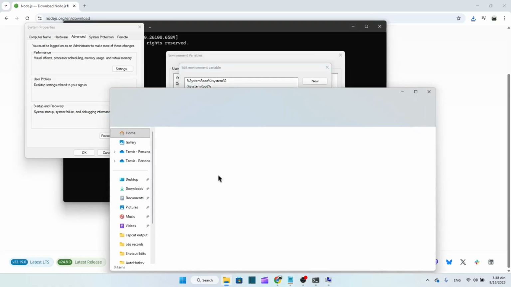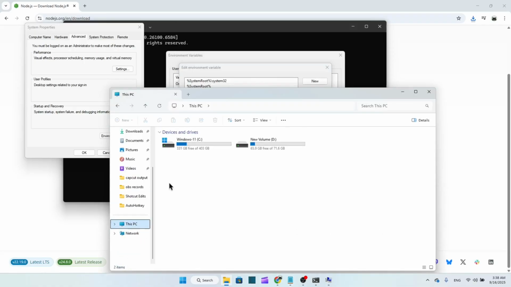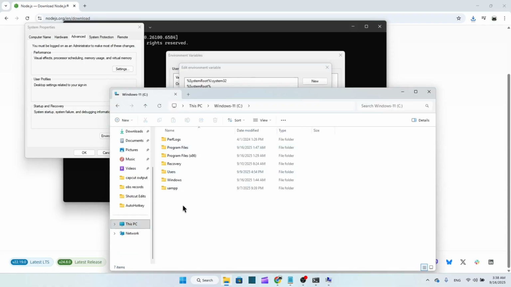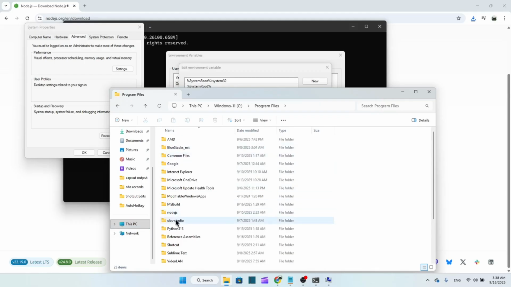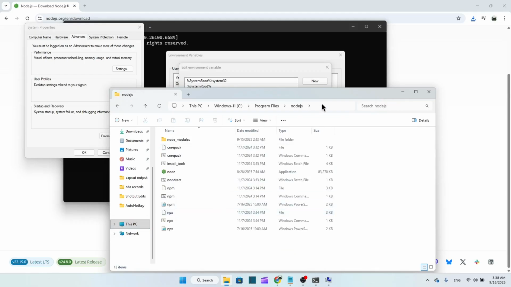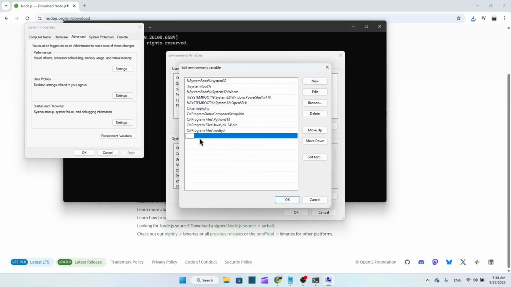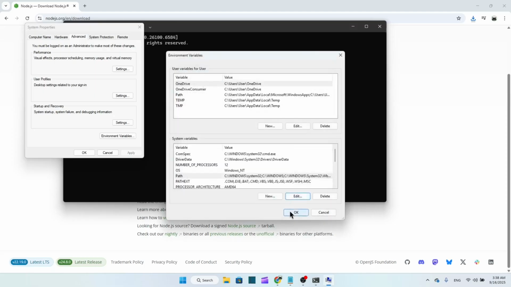How? Let's say you installed your Node.js in the C drive. So just go to the C drive and then go to Program Files and you will find Node.js here. Just click on the address bar and copy the path. Okay, just copy it and go here. Just click New and add it. This is how you can add it. I already have this, so I'm going to delete this and then you have to click OK, and then